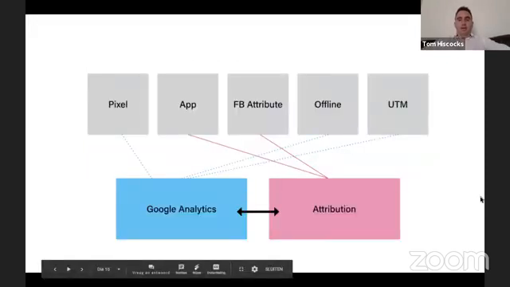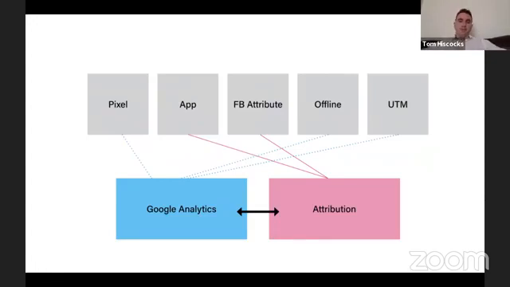So again, going back into the advantages of Facebook Analytics or attribution compared to Google Analytics. Essentially, Google Analytics can only see pixel, offline, and UTMs. So that's the source of where the traffic's coming from. Whereas Facebook, you've got the app, and then you've got Facebook attributes. So that's the actual inside of Facebook. So you can see all the events in attribution on Facebook, and you can only see 3 of them on